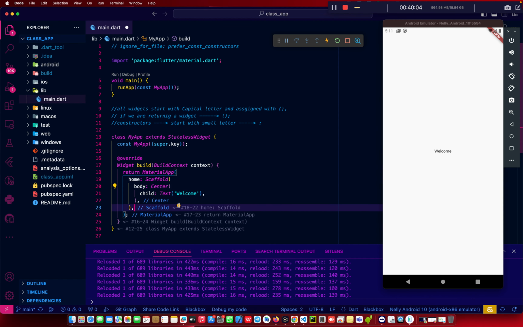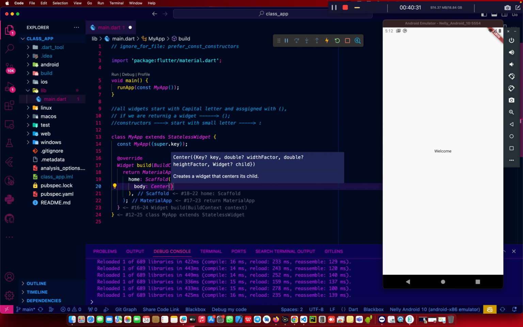So we shall minimize that and go back to our code. We're having a scaffold, body, and that. Okay, so let us go to our screen. We are seeing that we're having the text widget, welcome, and it's well centered. So that's how we can actually center it. Otherwise, in case people don't want to use that shortcut, which is so very much easier, someone will say